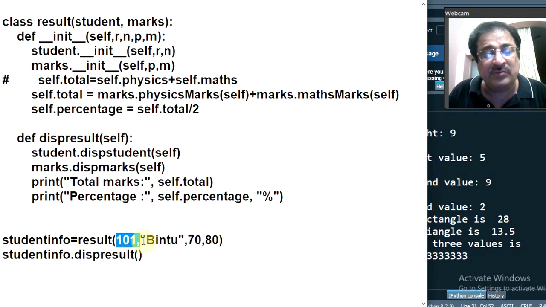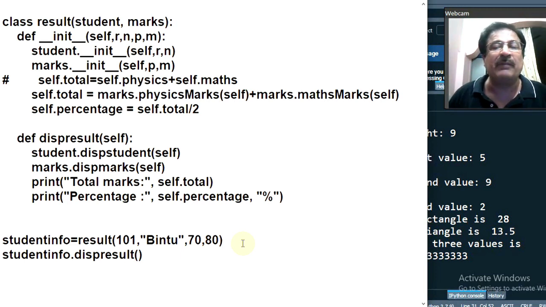And while making an object, you have 101, bin 2, 70 and 80, 4 arguments. So obviously, the compiler will look for a parameterized constructor with 4 parameters. And this is the parameterized constructor of the result class. This 101 will be assigned to this R parameter. Bin 2 will be assigned to this N parameter. N stands for name. And this 70 and 80 will be assigned to this physics and maths, P and M